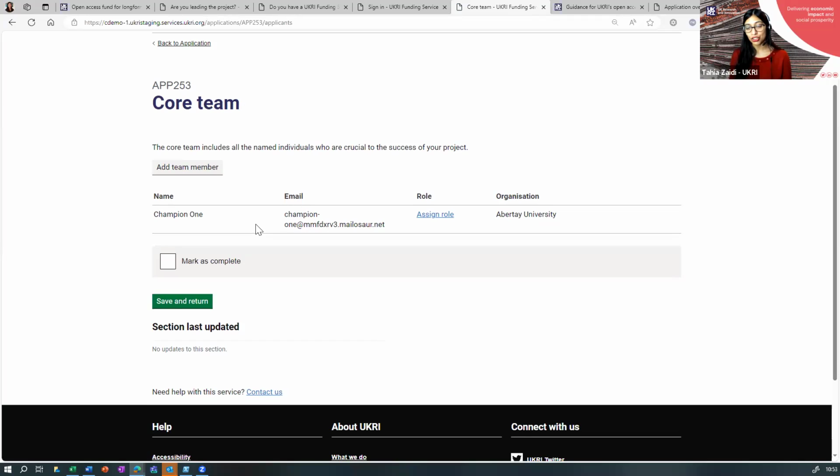So as Emma mentioned earlier in the presentation, we will be awarding funds via grants. In order to award funds via grants, we require a named individual who would receive that grant and hold and manage that grant at the research organization. What we are asking for is, if that person is not the person who is completing the application, who would be the project lead, that you add them as the professional enabling staff.